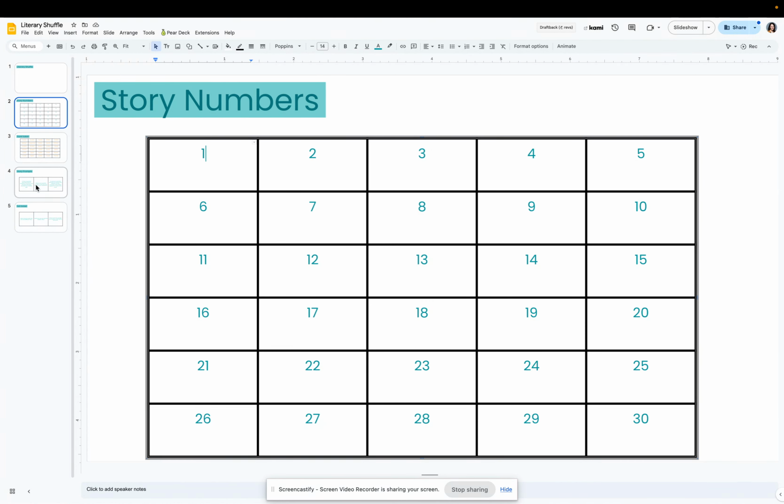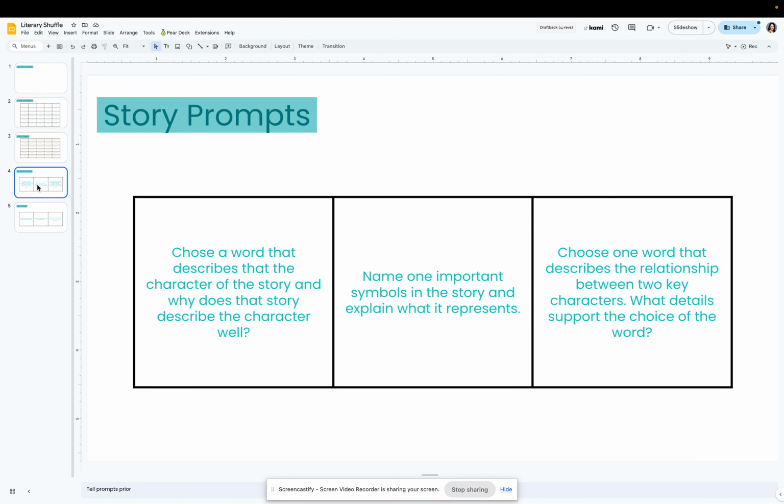After they read that short story, they then have some story prompts. They can either choose a word that describes the character of the story and why this character describes the story well, or maybe why it doesn't describe it well. They're also going to name one important symbol in the story and explain what it represents. And then they choose one word that describes the relationship between two key characters and what details support the choice